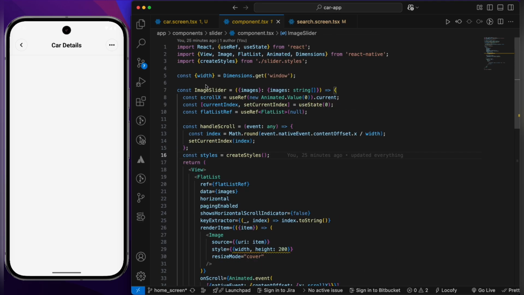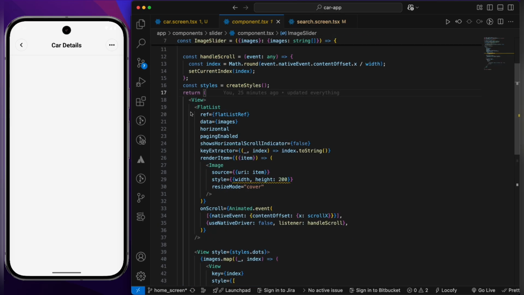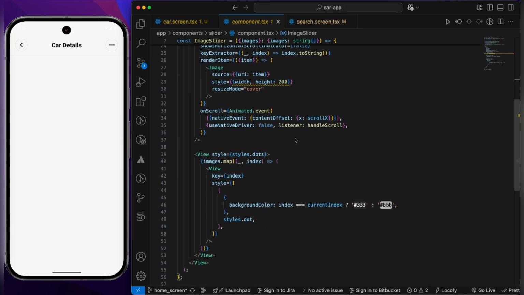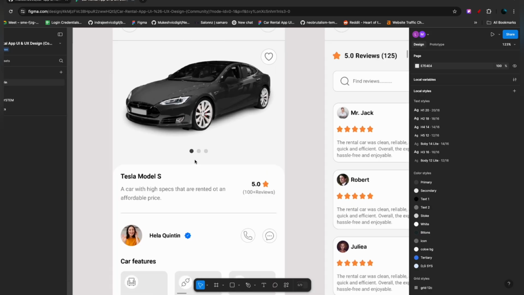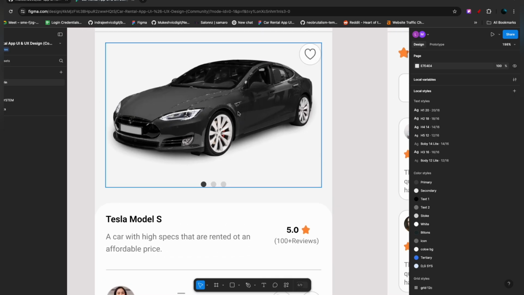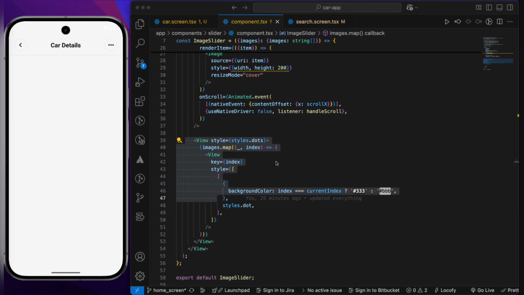So this component is basically a React Native functional component which has one flat list, which has one ref, and which has some logic to scroll the images. Okay, and also there are some dots, as you can see over here. The moment you are active on a particular image, the dot will be active. The dot will contain some background color. So now what you have to do,